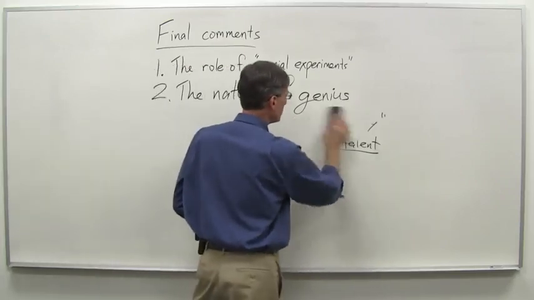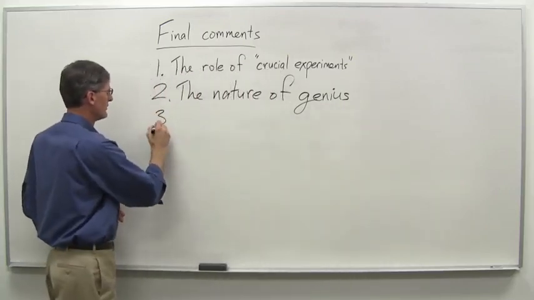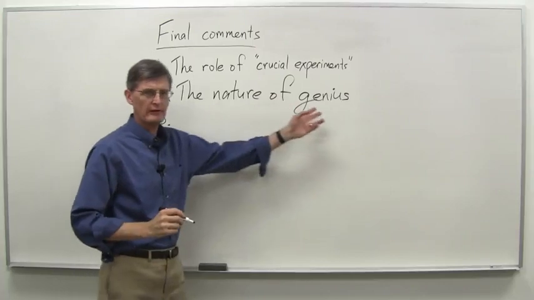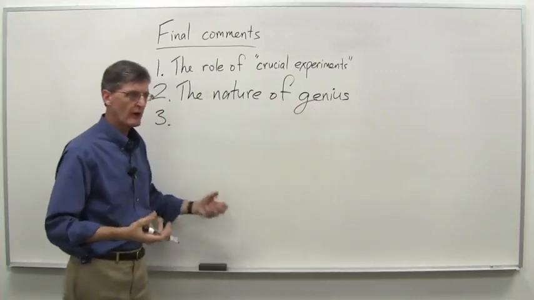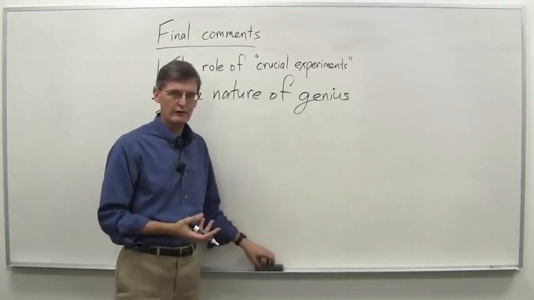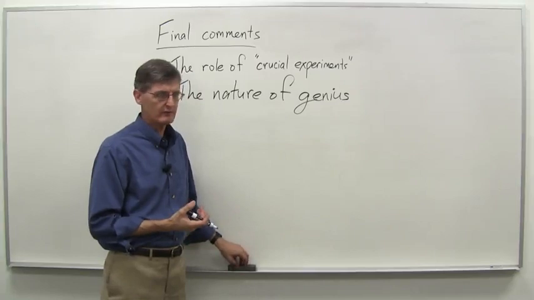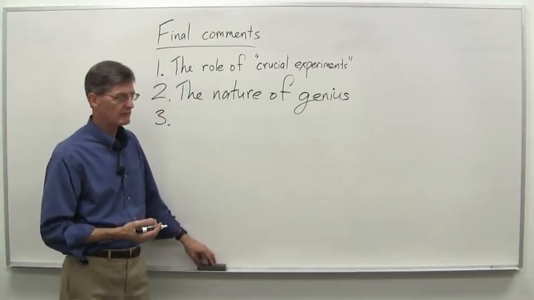Okay, so just a few words on the nature of genius. And let me just say one other thing. I think I mentioned this before, but the common story that Einstein failed math, wasn't good at math, and so on and so forth. He was very good at math. He taught himself calculus early teenage years, 13 years old, 14 years old, something like that.